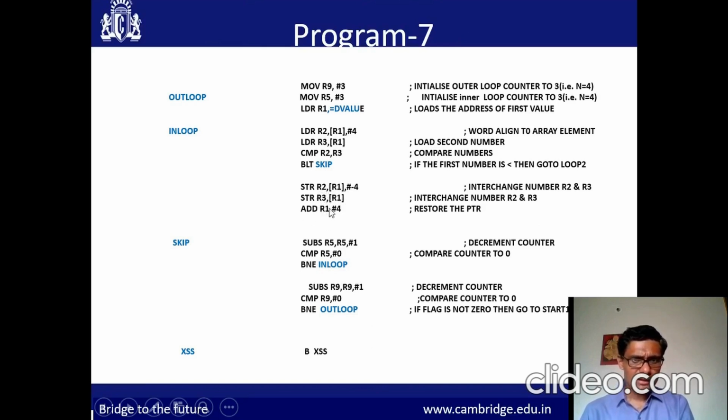Then update the pointer. Why do you have to update? Because it's already decremented here. It has to point to the second data. So that is why we update the pointer. Add R1 with 4. Restore the pointer. Okay, this is the swapping part. After swapping,